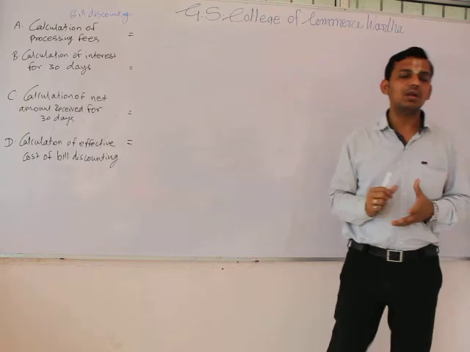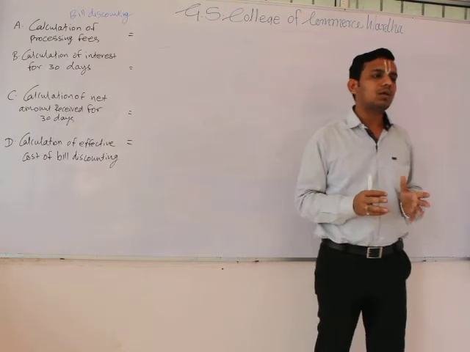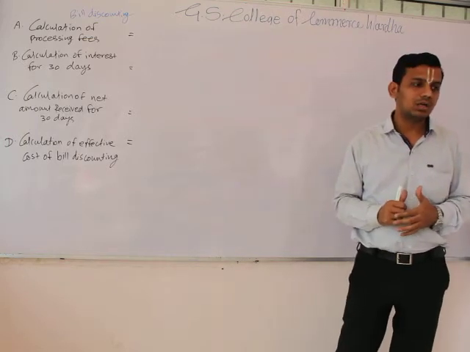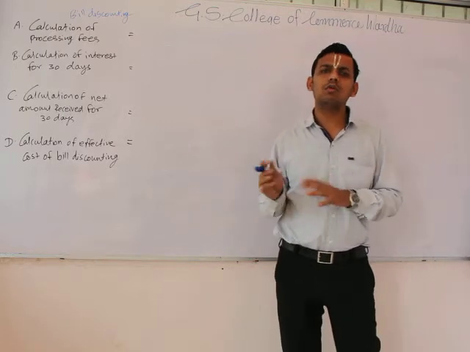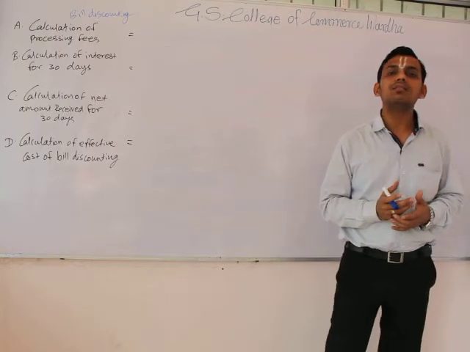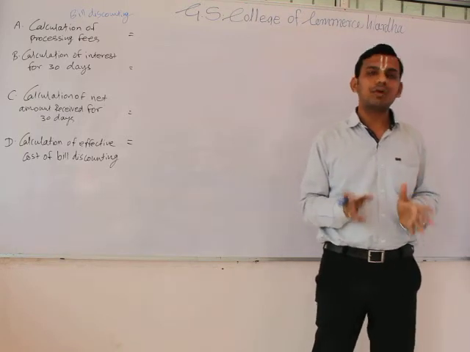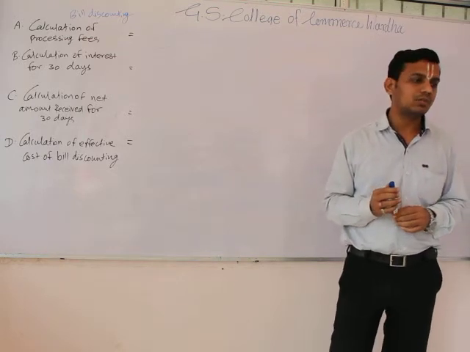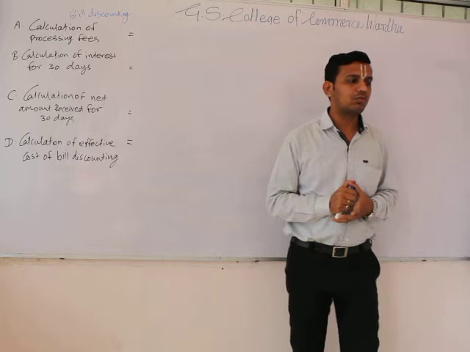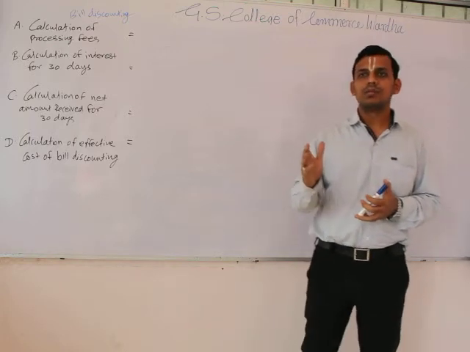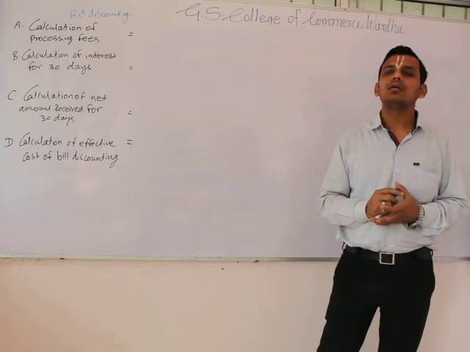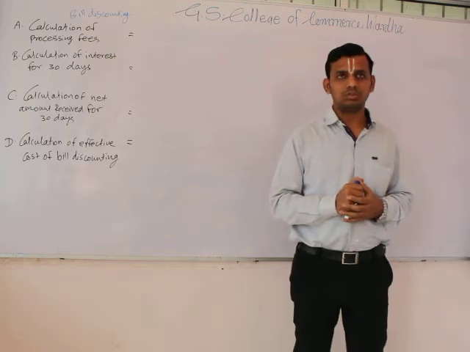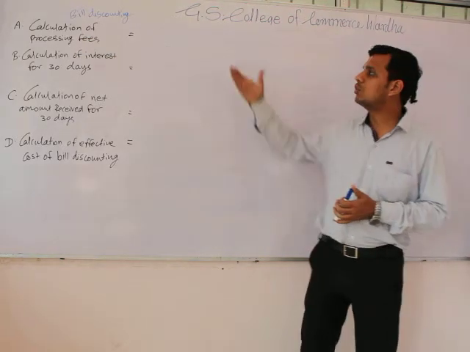The question says that a bill of exchange was drawn on a company, that is KK Limited, of rupees 1,50,000 for 30 days, and the company wants to discount it with the bank, and the bank is allowing 75% finance on it with 1% processing fees, and the interest rate would be 14 1/4%. We have to calculate the effective cost of bill discounting. The number of days to be considered can be 360, as per the assumption given in the question. So we would first of all calculate the processing fees.